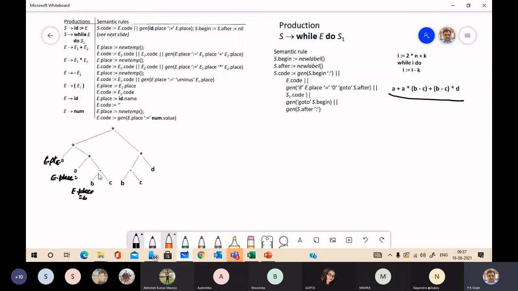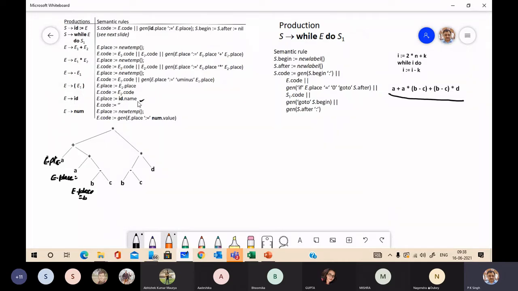See the sequence: first this A is shifted and reduced to E, then it will shift plus, then it will shift this A and reduce to E. So E place here is A, then multiplication is shifted, then B will be shifted and reduced to E. So E place is B by this action.